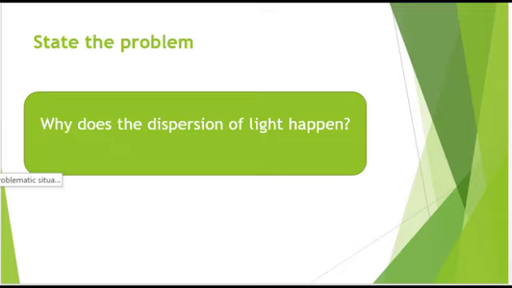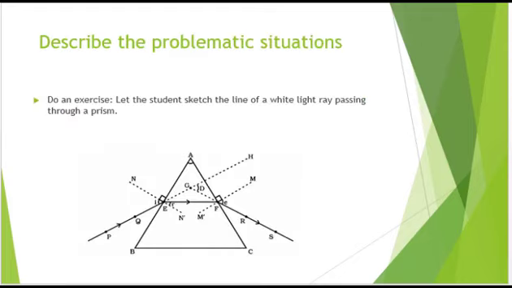Why does the dispersion of light occur? In order to engage students in the problematic situation, I will ask them to sketch a diagram of a white light ray passing through a prism. Maybe my student will draw a diagram that the light after passing through the prism is still a single white